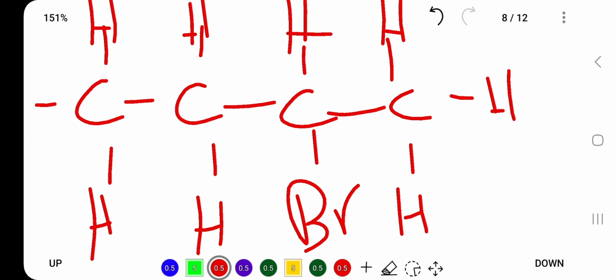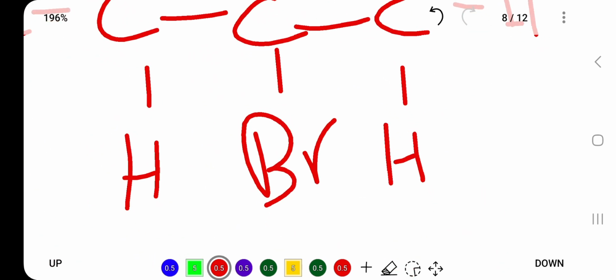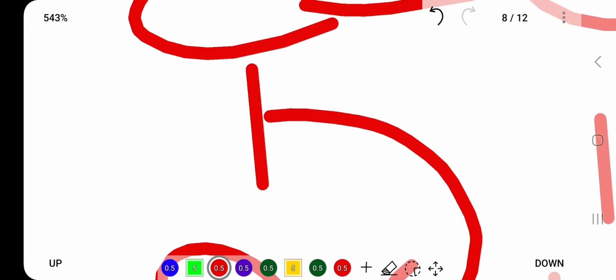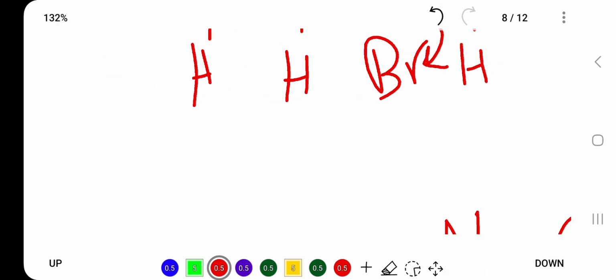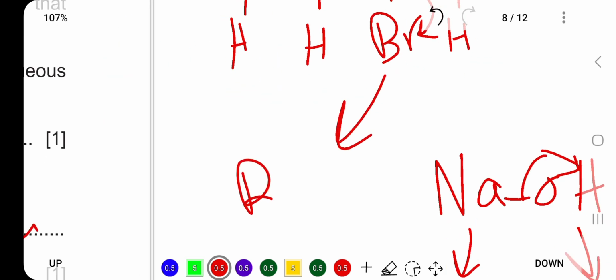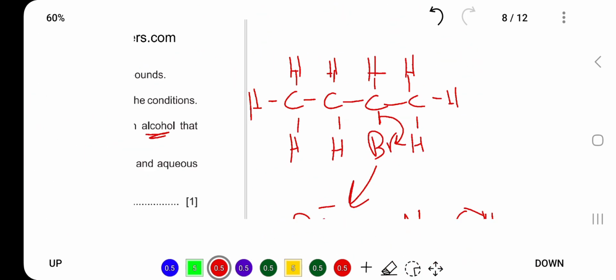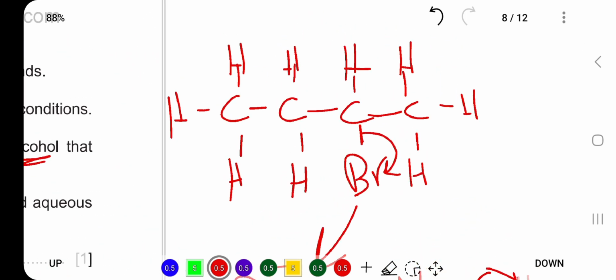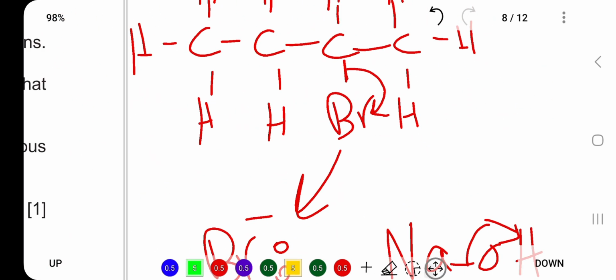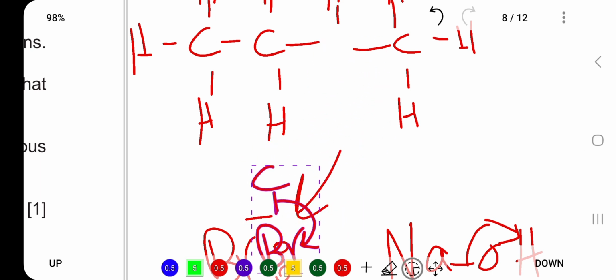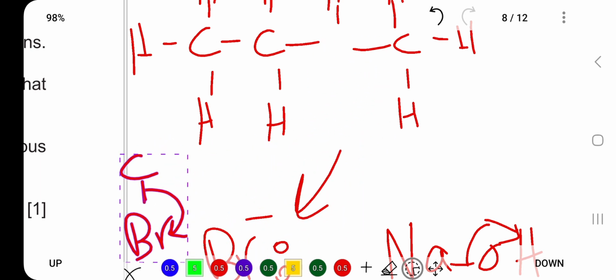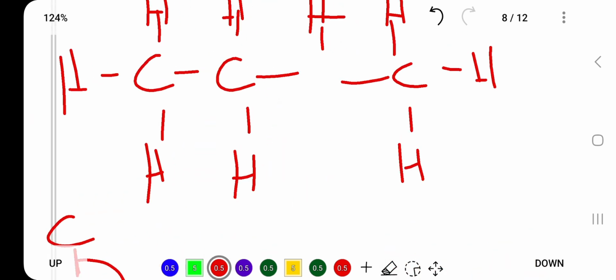Same thing in here. Br is more electronegative than carbon, so it will take whatever they're sharing together. The Br will go to become Br minus with a free lone pair, so we won't get confused. Wherever it goes, I don't know. Alright, so after,